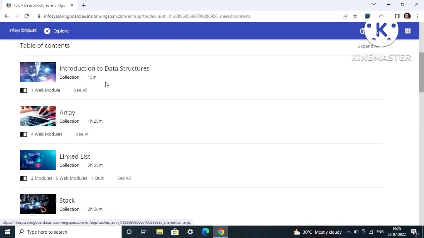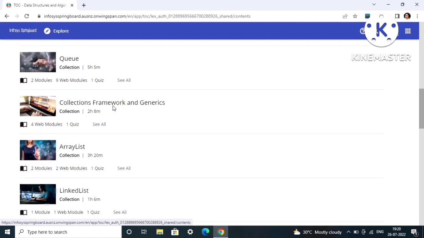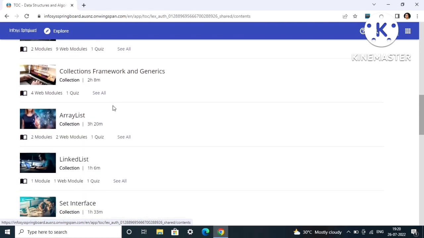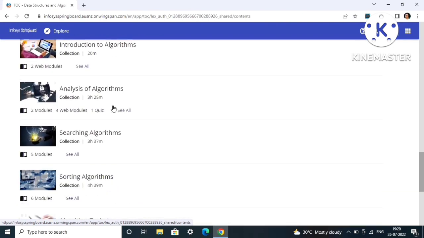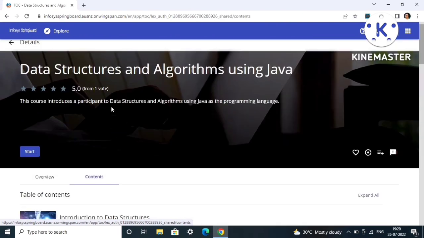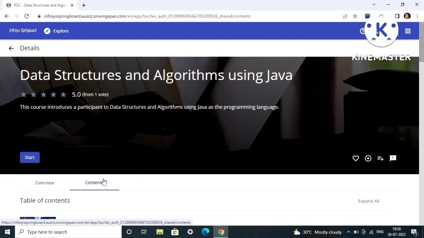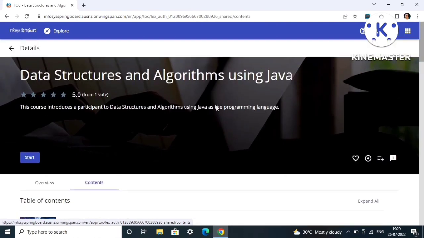There you will see what the modules are. See, this is introduction to data structures, a web module of 15 minutes duration. Then array is there, linked list, stack, queue, collection frameworks and generics, array list, linked list, set interface, hash map, queue interface. So there are many collections like this. Okay, so go through all those quizzes. If you go through all the videos, then you can solve the quiz answers,